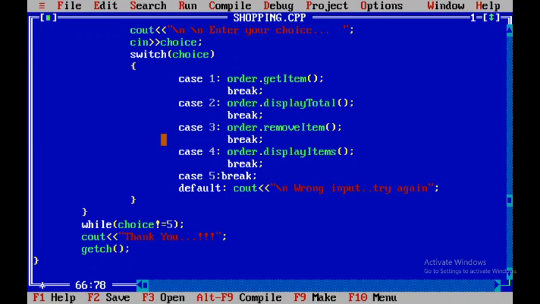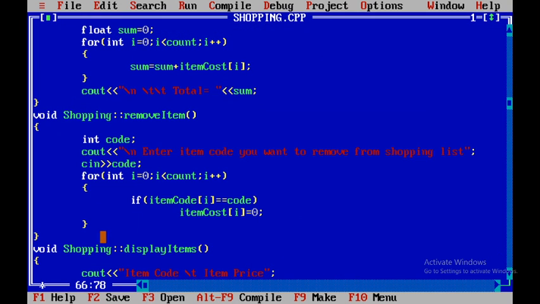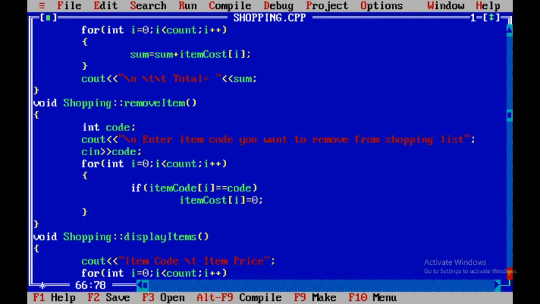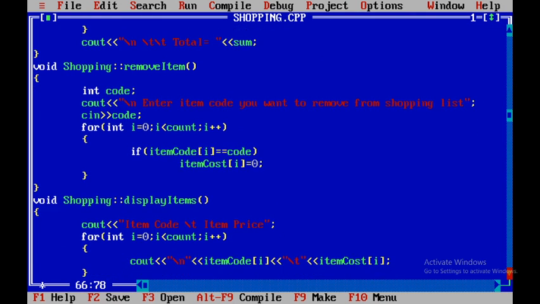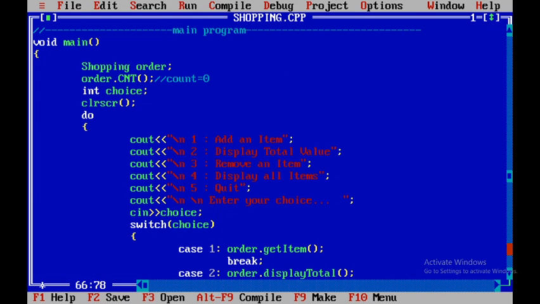For that, in case 4, order, that is our object, dot display atom method is called, and the display atom method will display all the atom codes and atom costs in that order he or she has purchased. So this method will get executed.